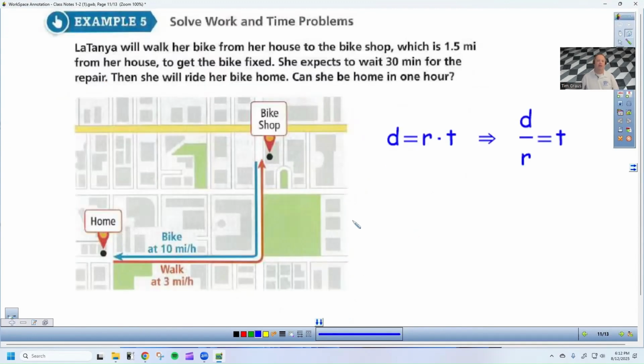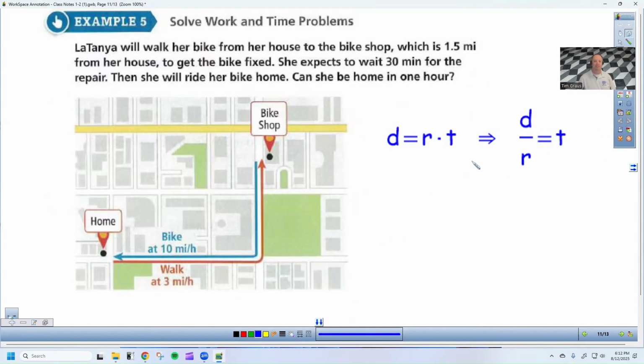LaTanya will walk her bike from her house to the bike shop, which is 1.5 miles from her house, to get the bike fixed. She expects to wait 30 minutes for the repair, then she will ride her bike home. The question is, can she be home in 1 hour? And we're going to use this to